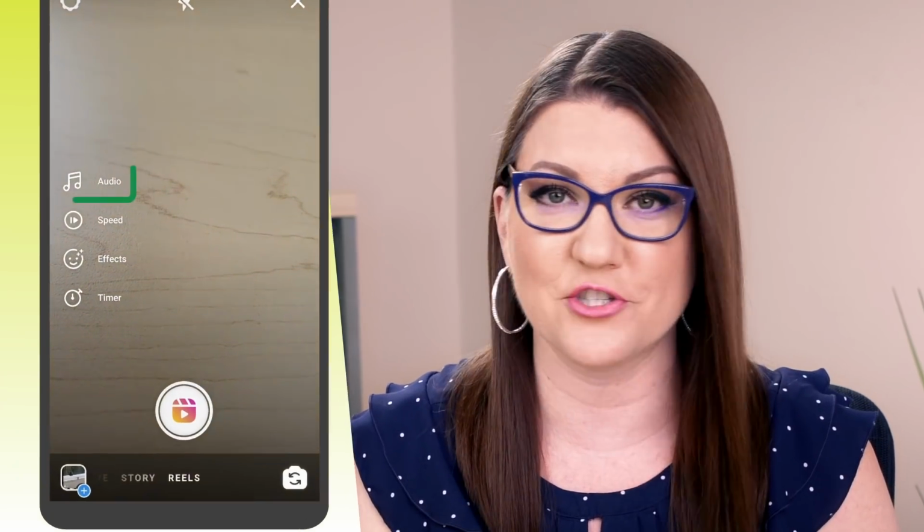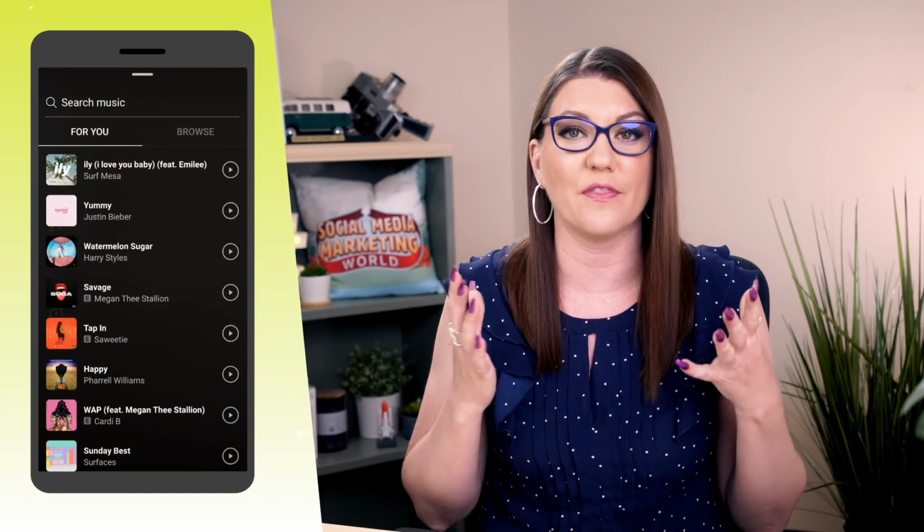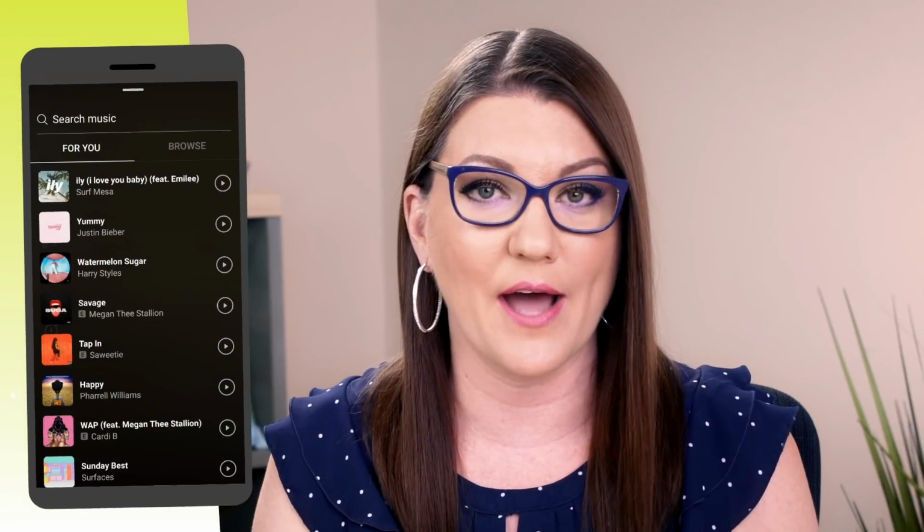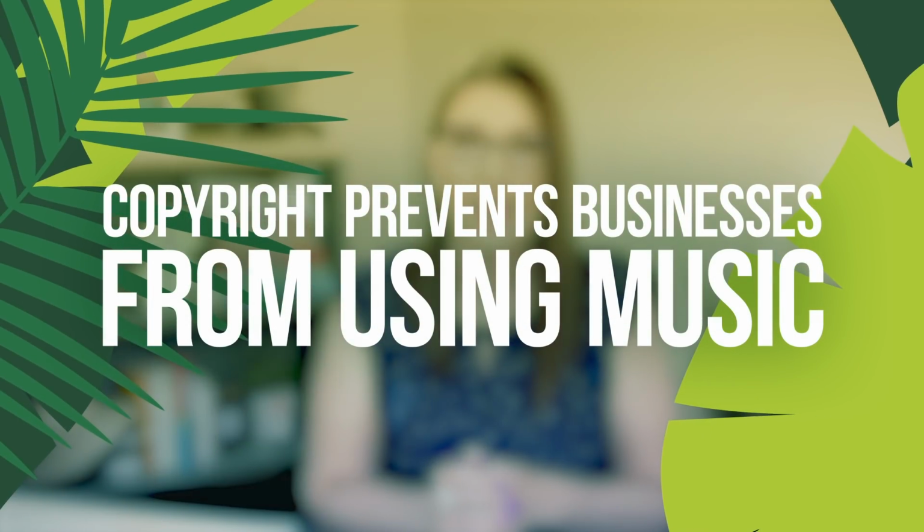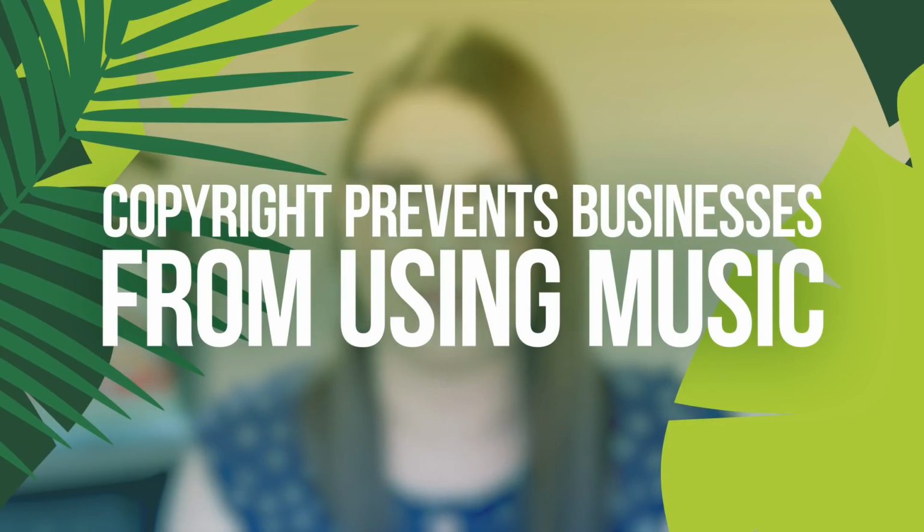If you're not using a business profile and instead you're using either a creator or a personal profile, you'll see that magic 4th option, and that is the audio option, which is where the music is stored. This is not available to business profiles for the same reason business profiles don't have the music sticker in Instagram Stories, and it all has to do with copyright rules.